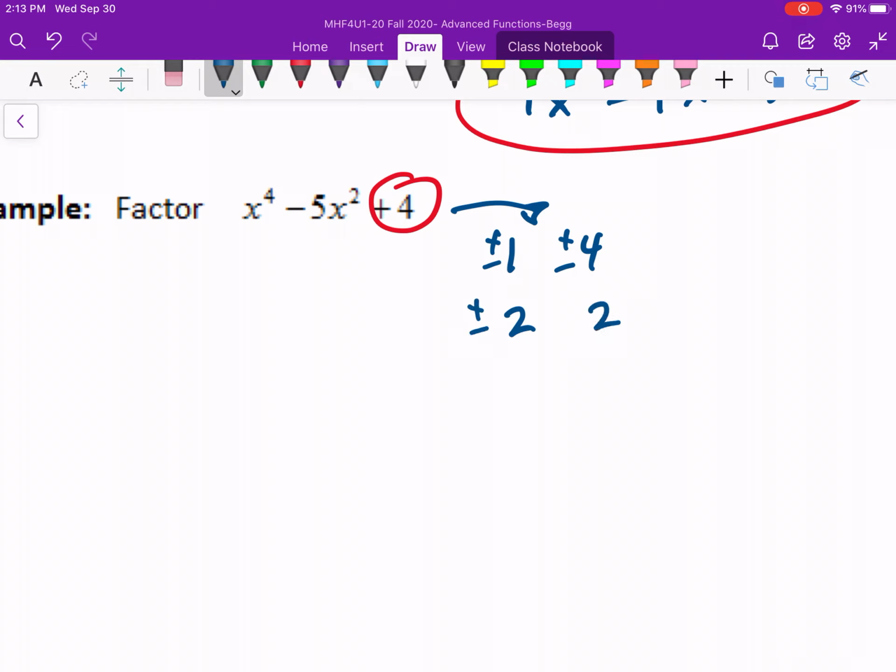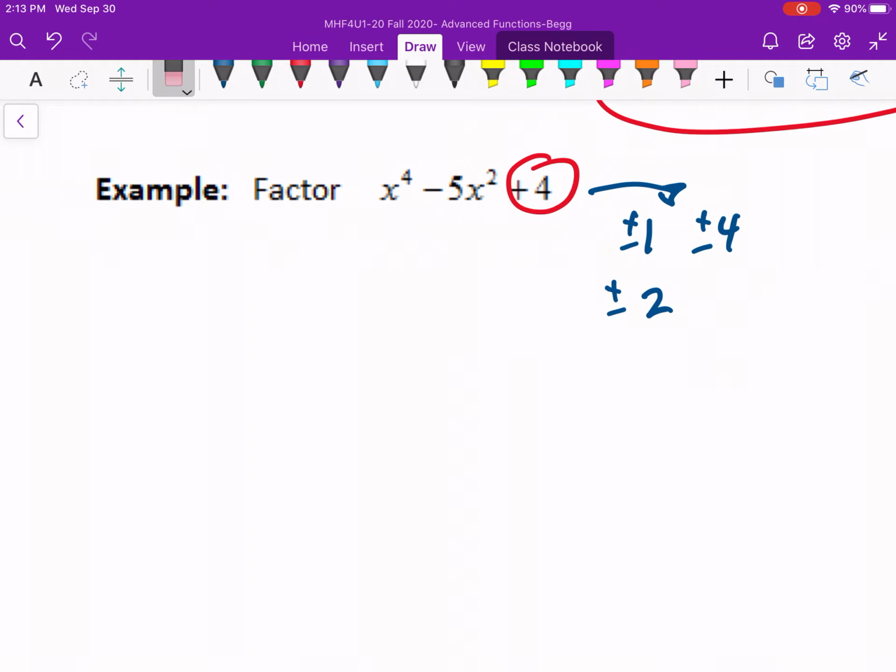So plus or minus 2. I don't need to write it down twice, though. But it would be 2 times 2. So those are my only possibilities. Again, I'll start with the easiest one. Let's start with f at 1. If I put 1 into the equation,